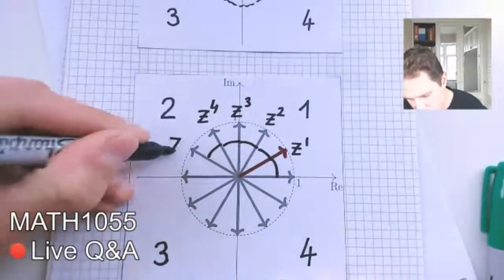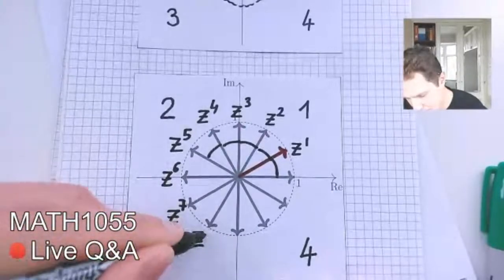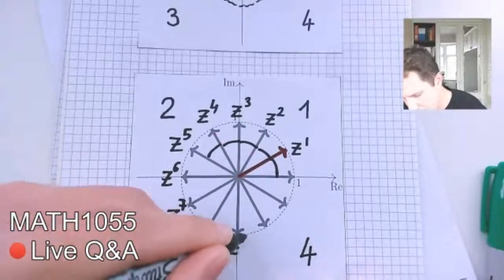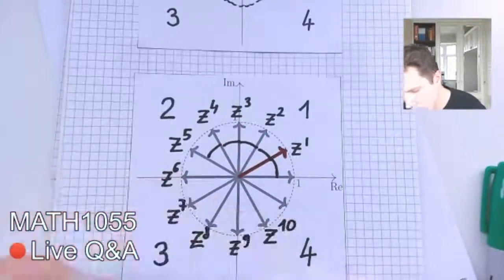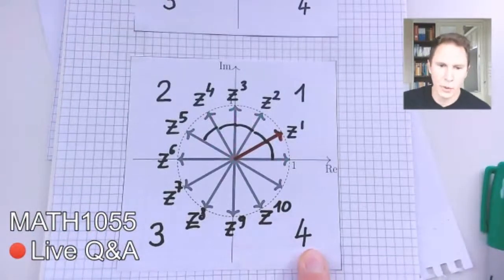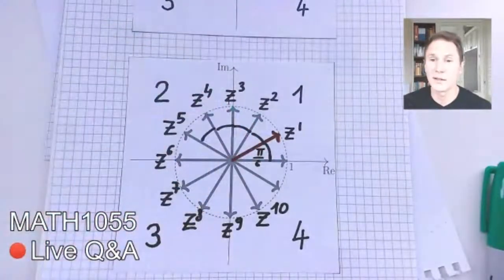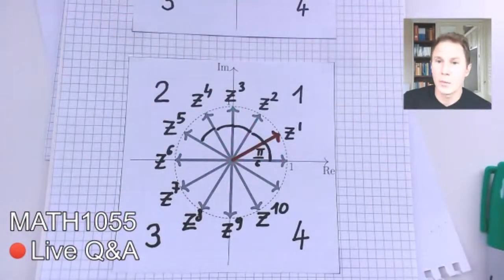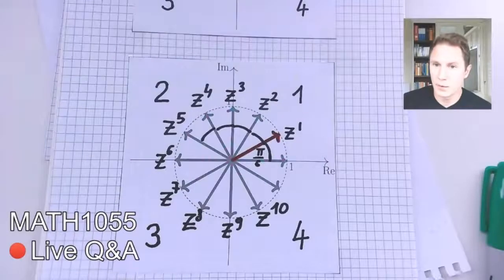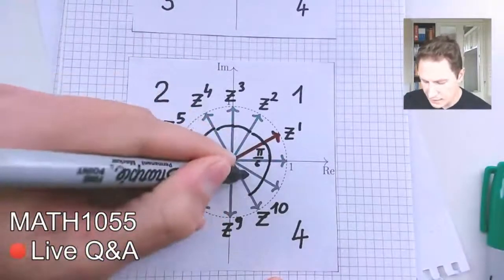So that's z to the 4th, 5th, 6th, 7th, 8th, z to the 9th, and there's our number that we were looking for, z to the power 10. It ended up in the 4th quadrant. Again, this was pi/6 radians, or 30 degrees. If you raise z to the 10th power, that means multiplying the angle by 10. So the argument gets multiplied by the exponent, and 10 times 30 degrees is 300 degrees, or minus 60 degrees,